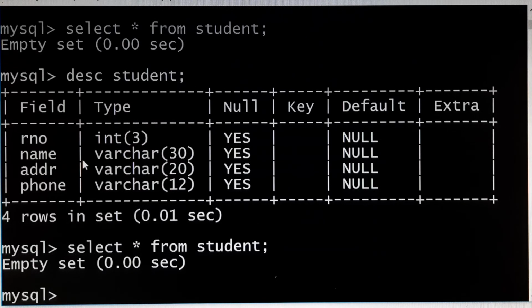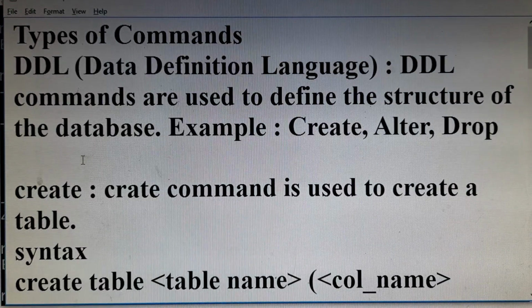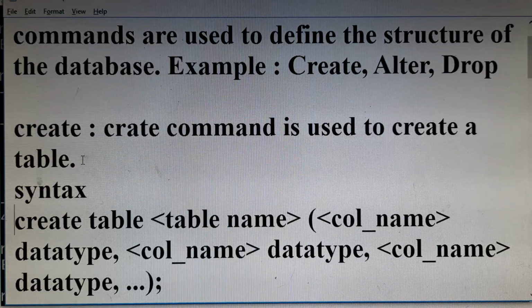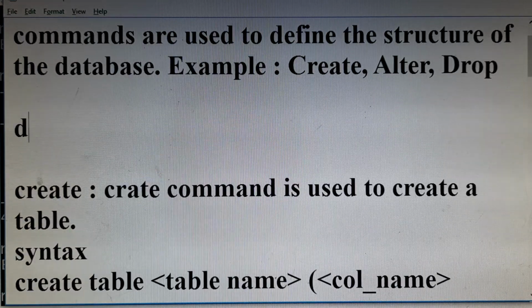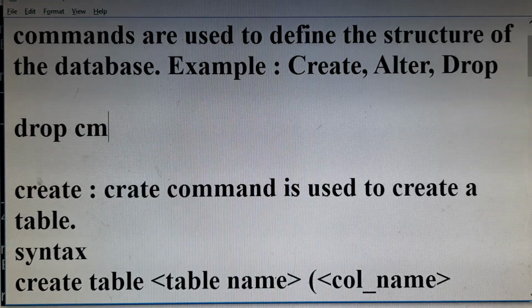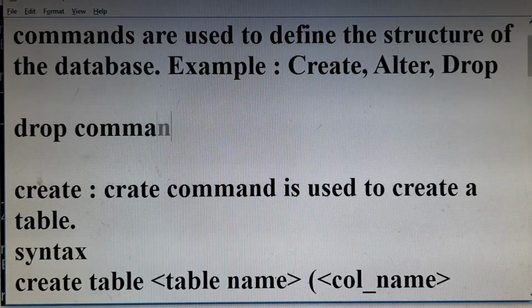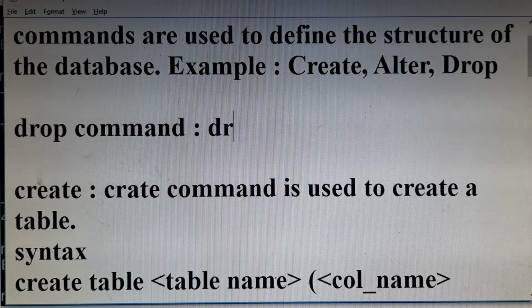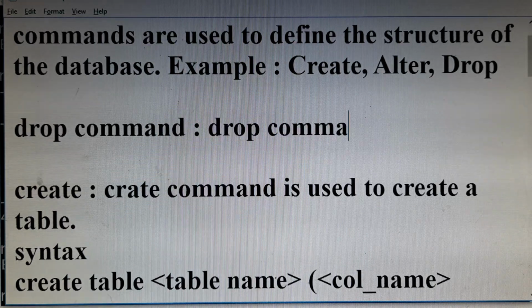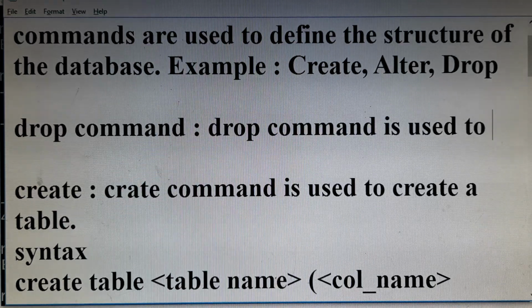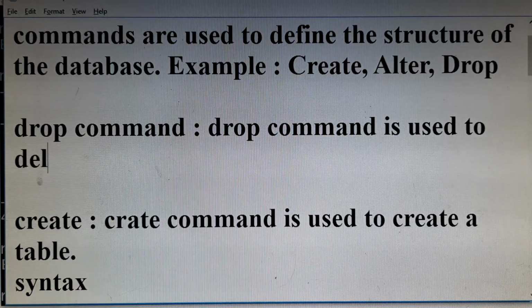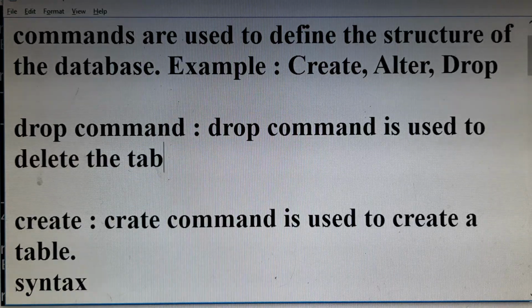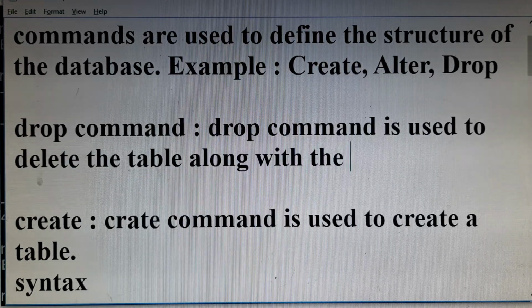Whereas if you want to delete a table, then we have to use a drop command, and drop is a DDL command. So the drop command is used to delete the table along with the structure.